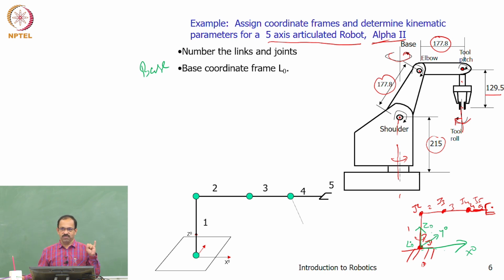Z axis, right? First thing is the Z axis, and the Z axis is always assigned based on the joint rotational axis. So this is the rotational axis, this is the point. So I assume that this is the Z axis, I mean, with respect to that axis, it is rotating. I put it as Z1. I put it here, okay. Once you assign the Z axis, what is next?